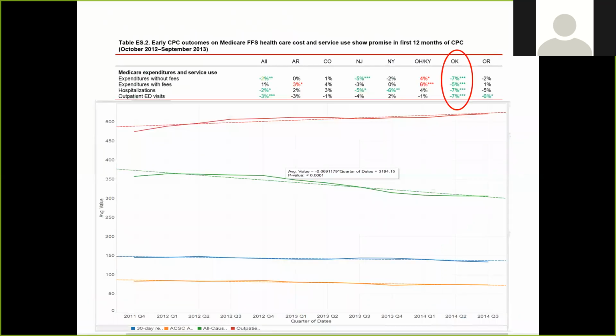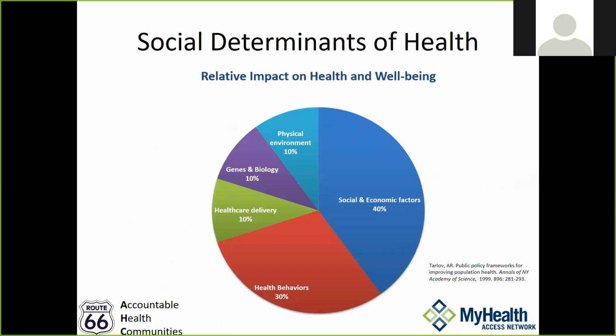So we've had some success up to date already in working together on improving health and reducing costs. What we see here is a picture of the very first year of the Comprehensive Primary Care Initiative, which was a Medicare-funded project, a Medicare Innovation Project. And you see that Oklahoma saved between 5 and 7% a year over the 4 years of that project, well over $120 million that Medicare saved alone in that small pilot program. And My Health provided the data and technology infrastructure as well as convening of the community for that conversation.